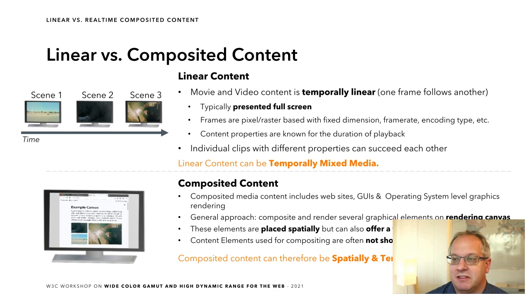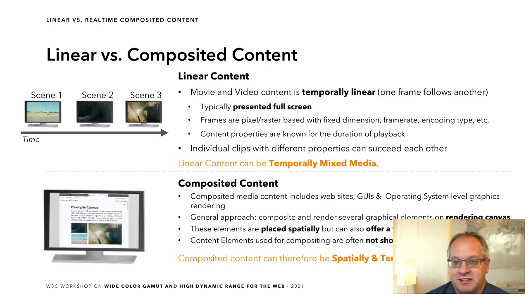This means that the fundamental content properties are known and don't change throughout the playback duration. Nevertheless, individual movie or video clips with different properties can succeed each other. In such a scenario, the interpretation of the content properties can change. And with that, linear content can be called temporally mixed media.